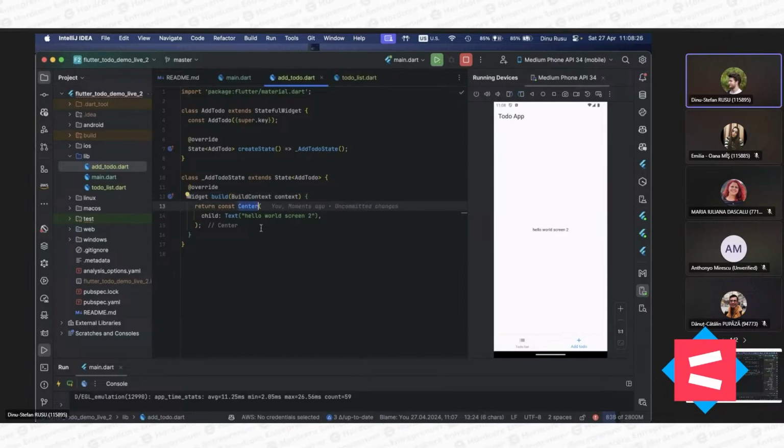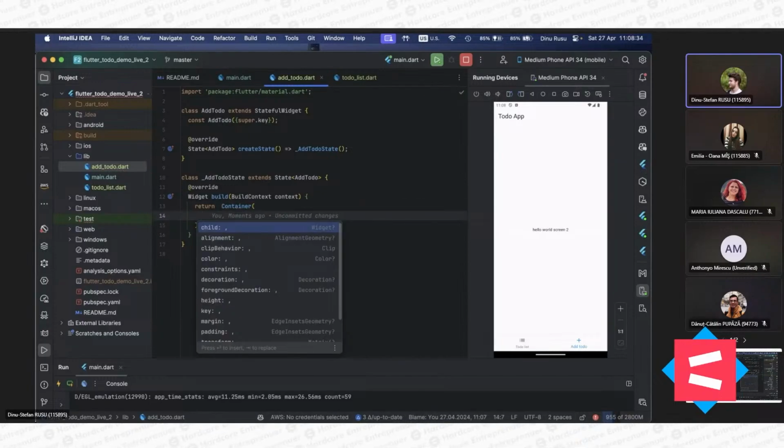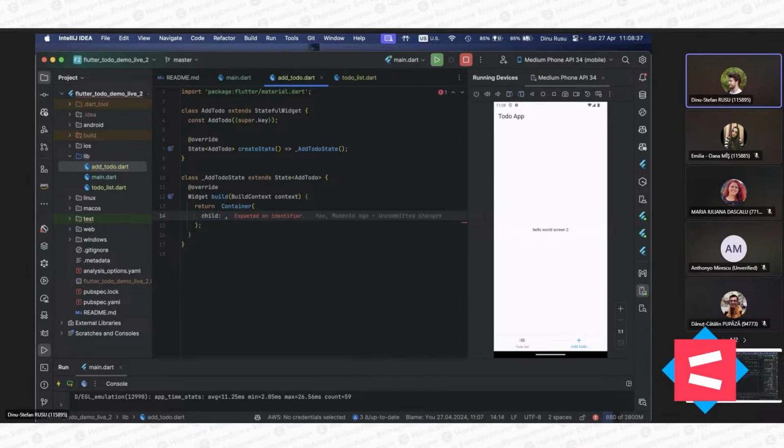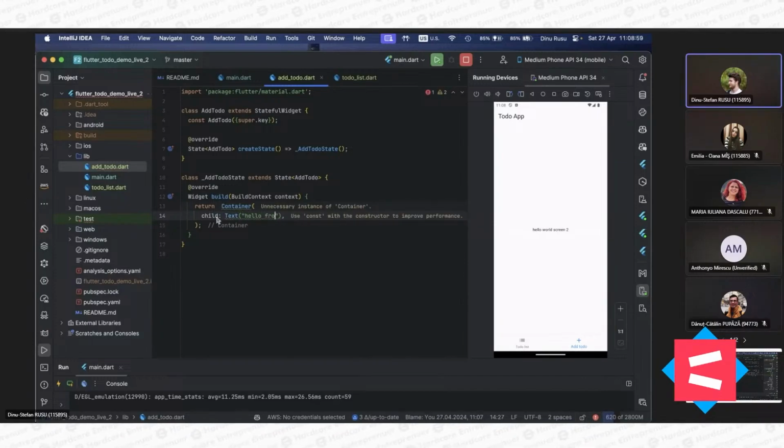Let's, instead of center, have a container. This is basically like a div, if you want to think about it like that. Almost every widget has the child property, so every widget can have children, either one or more. For example, you have column or row, they have multiple children, also stack. But stuff like container, padding, and so on have a single child because they are not something that can expand. You can see I have child here. If I do text and do hello from container, I can save it and I will have hello from container